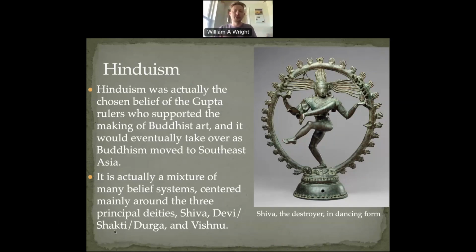And these Gupta rulers actually espouse a culture in India that leans more towards Hinduism. And well, again, while Buddhism is still around, Hinduism kind of takes center stage, and Buddhism is shifted towards China. Right, and we'll talk about that later. But Buddhism moves to the southeast. Hinduism begins to take over more in India, and Hinduism, so that we cover it, is actually a mixture of